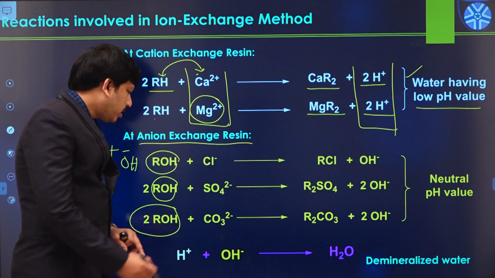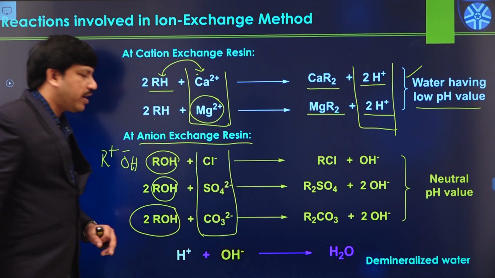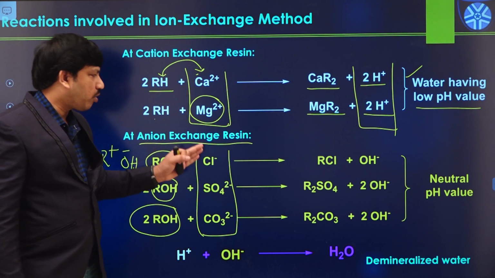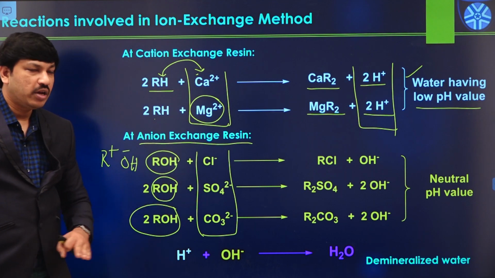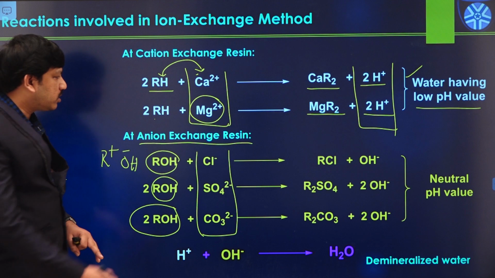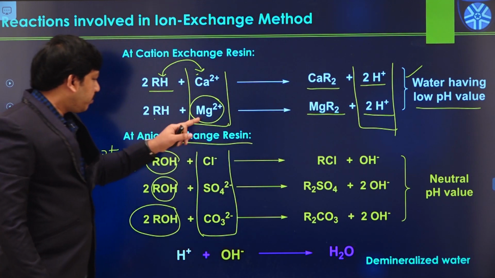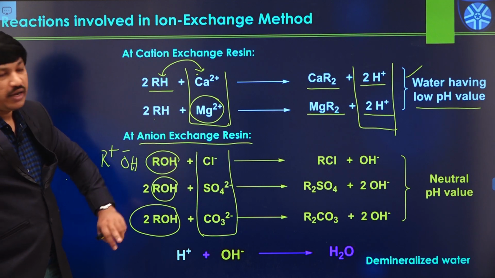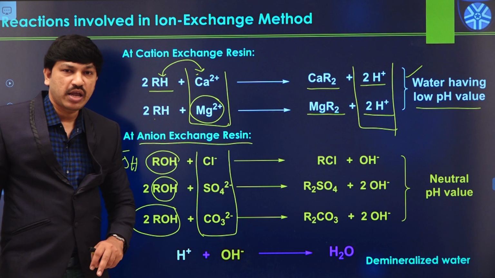So, let us assume that the given water sample contains different types of anions like this. That means calcium chloride is available, or calcium sulfate, or magnesium carbonate, or magnesium sulfate, or magnesium chloride is available like this. But all these calcium and magnesium ions are actually removed in the first step, but the solution still contains the corresponding anions like Cl minus, SO4 2 minus, or CO3 2 minus.